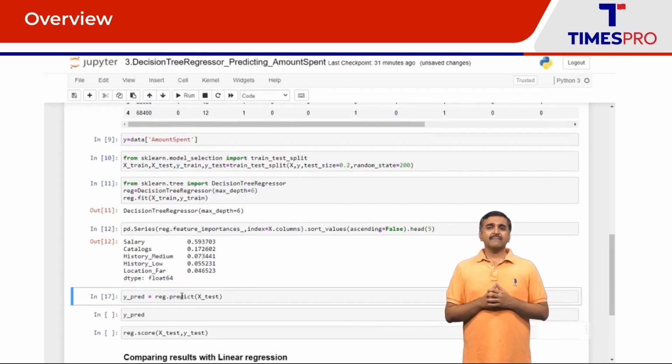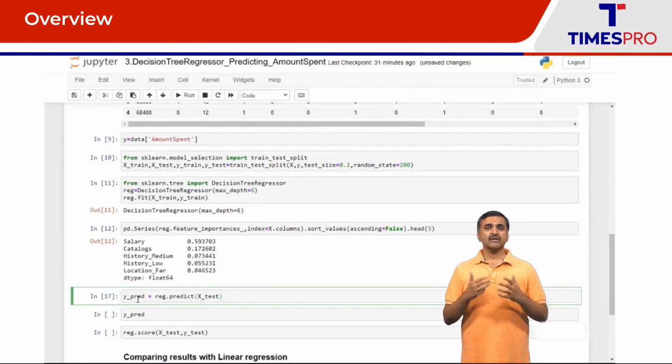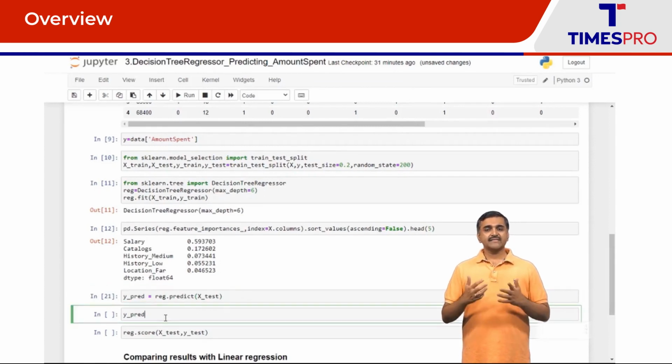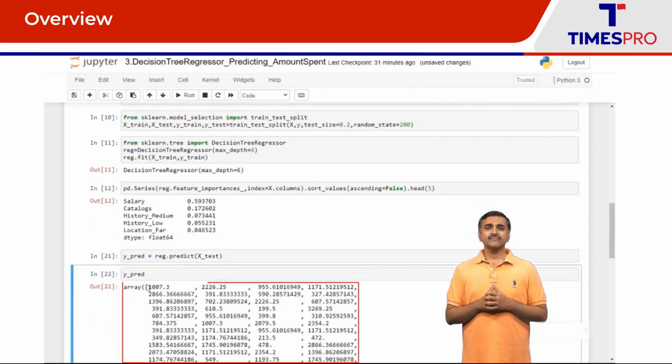Now let's make the predictions on the test set by using the method predict and save the results in an object ypred. Let's take a look at the predicted values. Here are the predicted values. For the first test observation, the amount spent is predicted as 1007.3, and for the second test observation, the amount spent is being predicted as